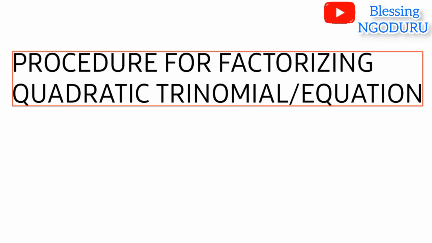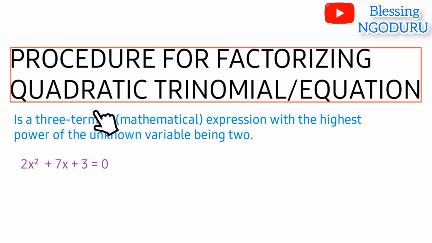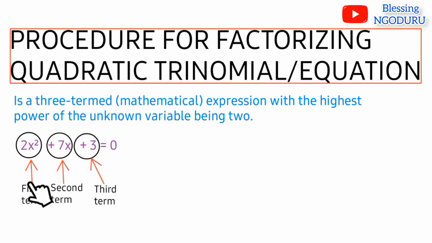Welcome guys. Today we'll look at the procedure for factorizing quadratic trinomial, also called quadratic equation. A quadratic trinomial or equation is a three-termed mathematical expression with the highest power of the unknown variable being 2. The equation here is a good example of a quadratic equation or trinomial having three terms, where 2x² is the first